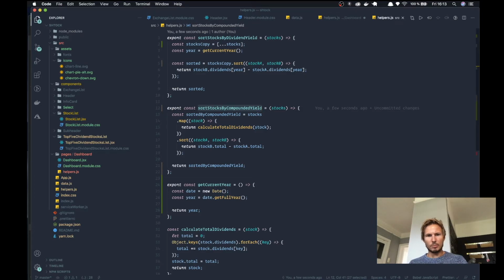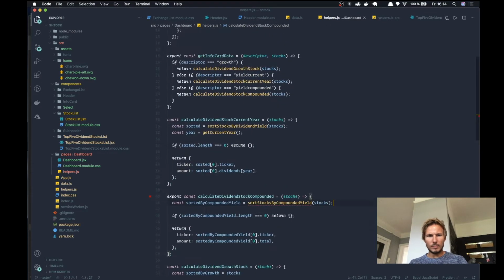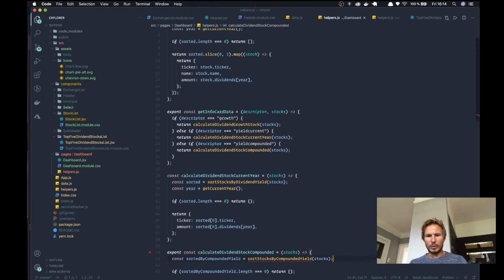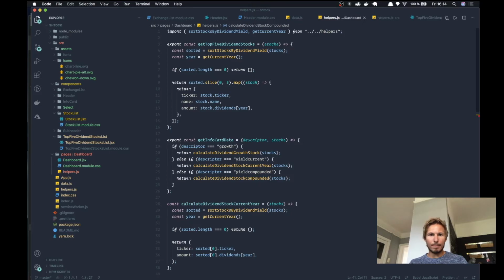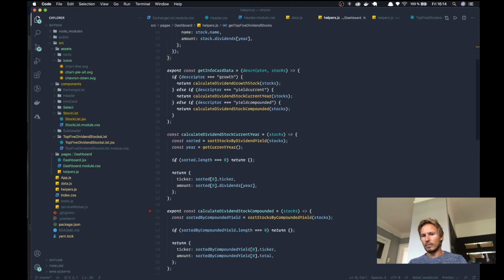So sort stocks by compounded yield, and pass in the stocks, and then we need to make sure that we import that from our main helpers file. So sort stocks by yield. Alright,